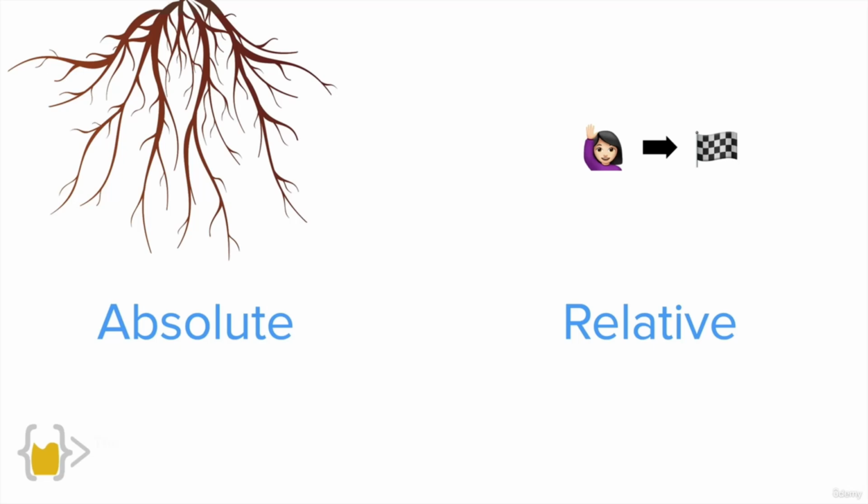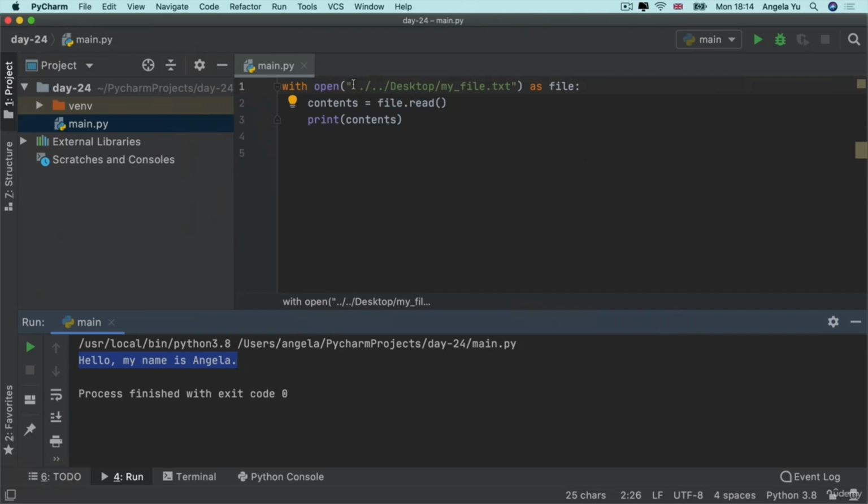Now, depending on the situation and where that file you're interested in is located, you might decide to use the absolute file path or the relative file path. And you can see that in this case, it's not necessarily that much shorter or that much easier to understand. So if you know how to do both, then you can adapt to the situation and figure out which